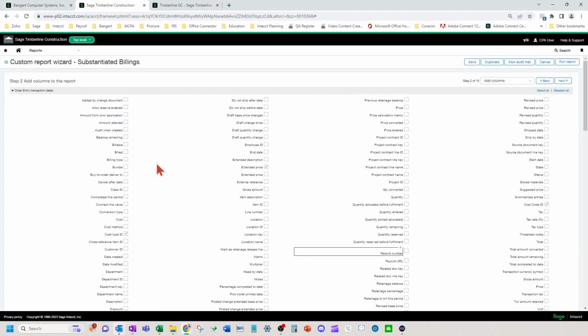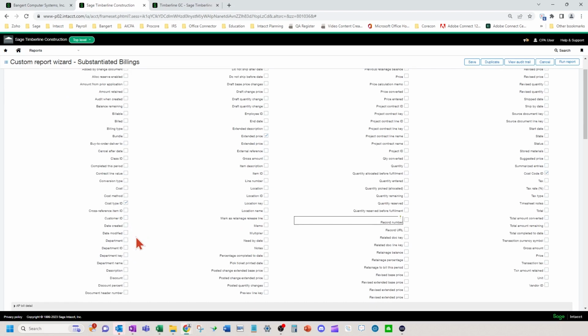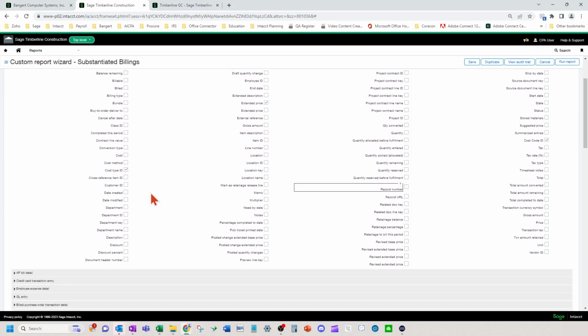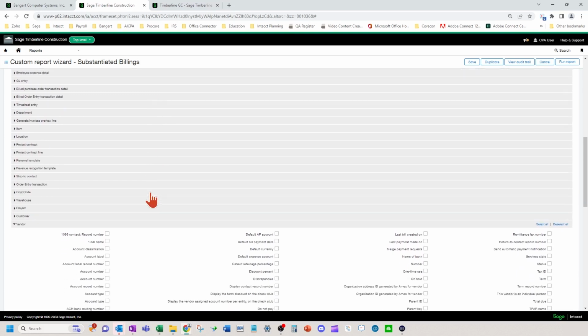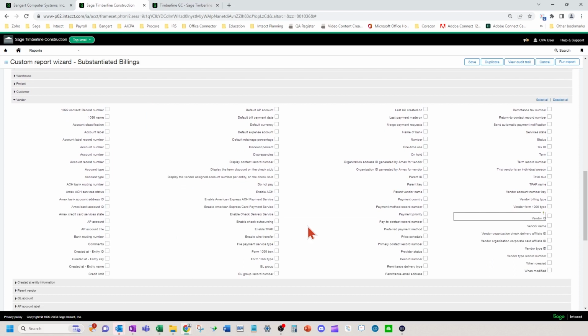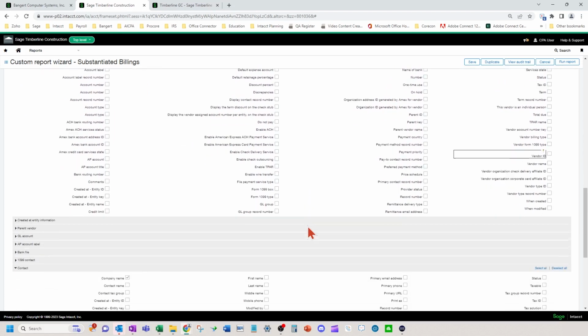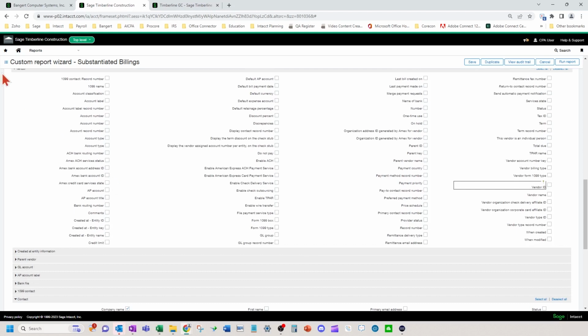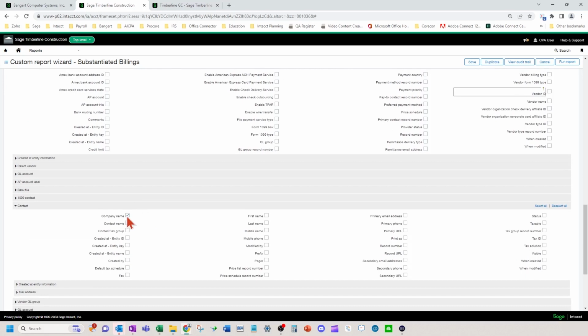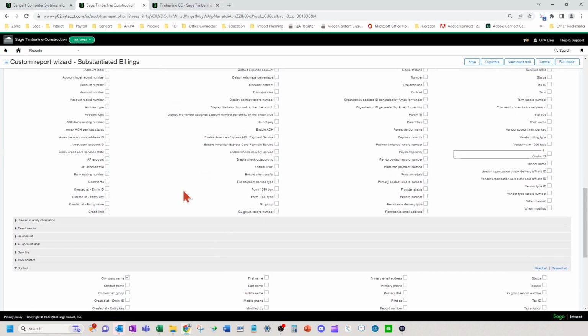And here is where I want to pick my different columns. In order entry transaction detail, the very top table here, I've got some boxes checked. So I've got cost type ID, my extended price, my cost code ID. And if you scroll down here, how this wizard works on this specific step is it expands the sections where you have selected some sort of a checkbox. So underneath this vendor table, there's a subtable, contact, and it has a box checked. So that is why this section is expanded.